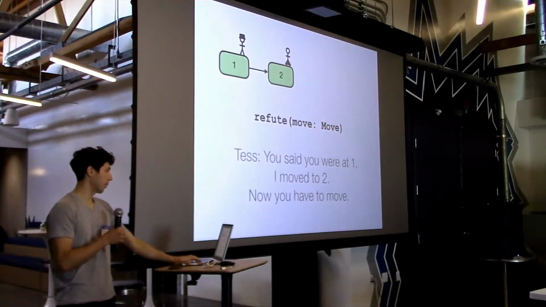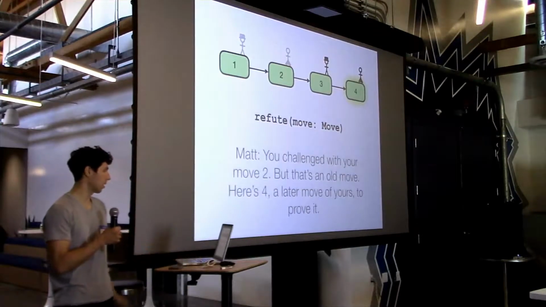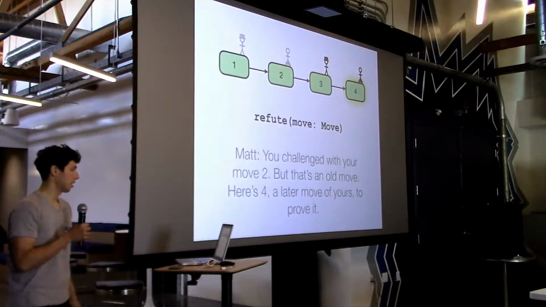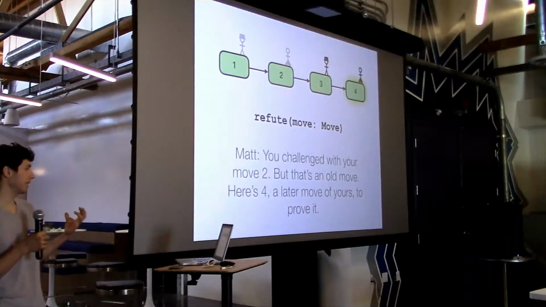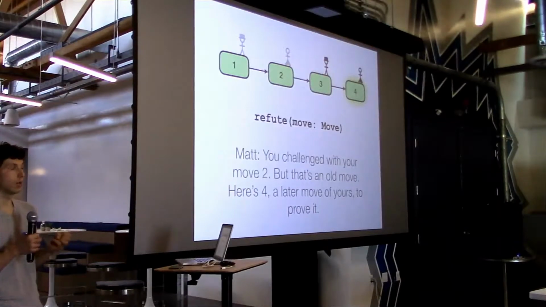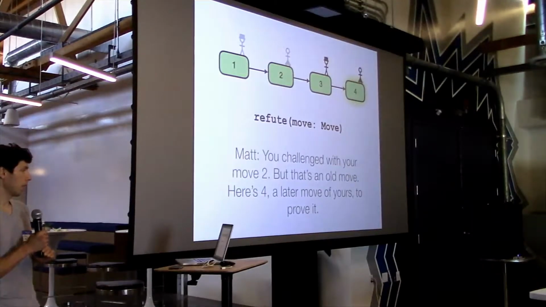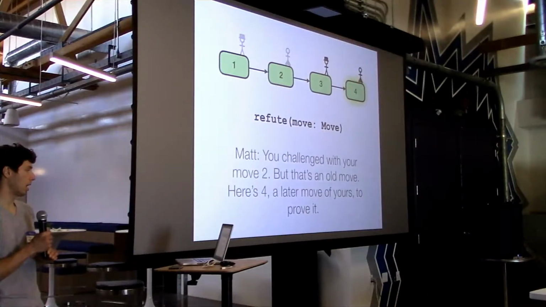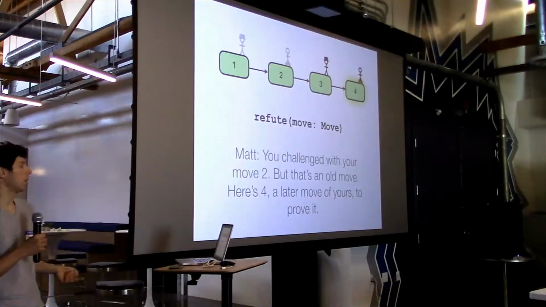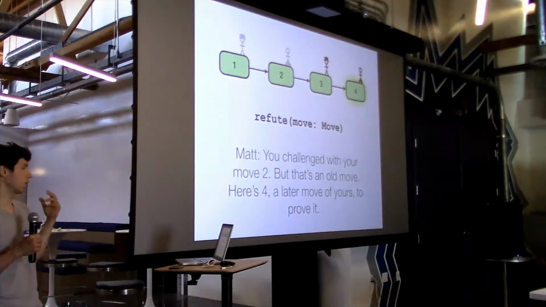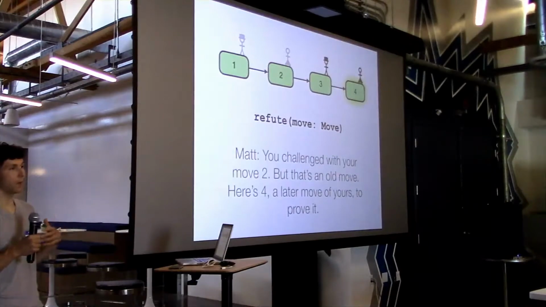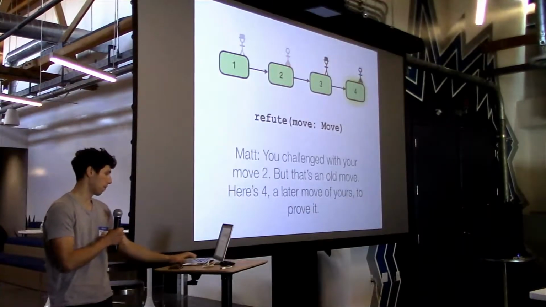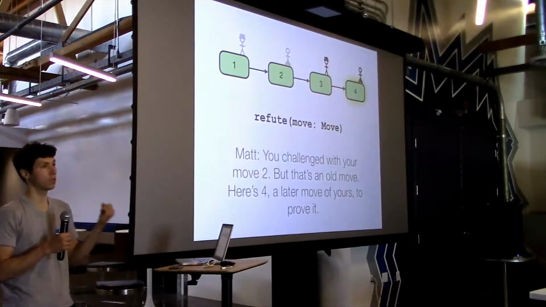One of the options that Matt has is, Tess could be an evil entity. She submits the state 2 that's advantageous to her to the on-chain contract. And Matt comes back and says, you know what, that's actually not the latest state. The latest state is state 4. And Tess is trying to behave improperly for some reason. And potentially Tess can even be punished for this. So that's one of the ways Matt can respond to this force move.